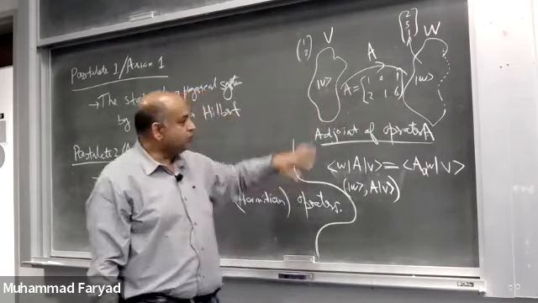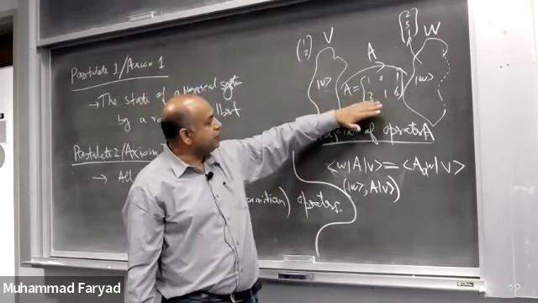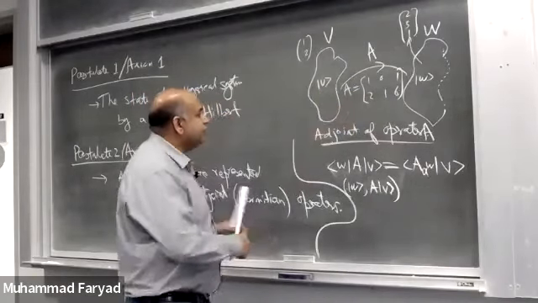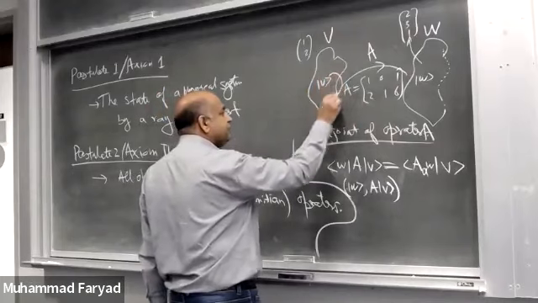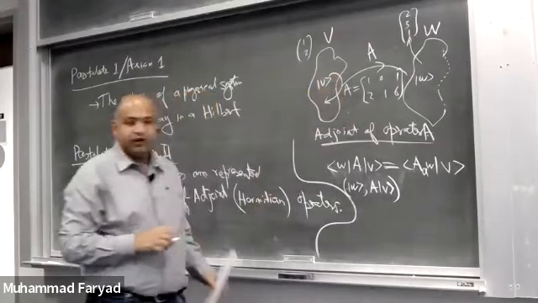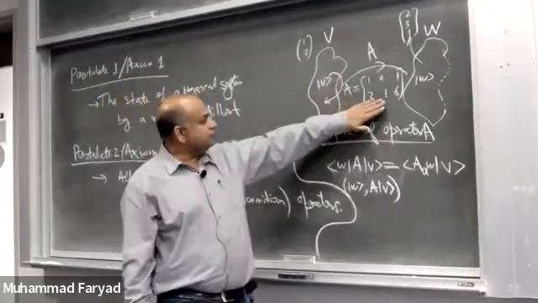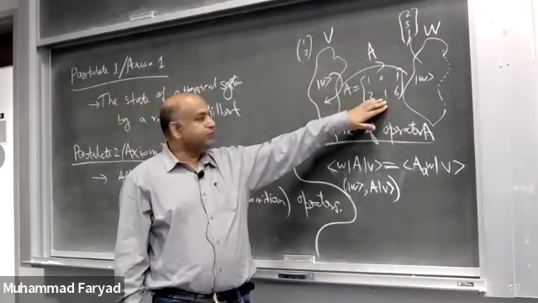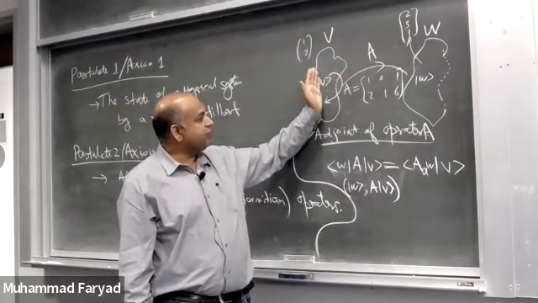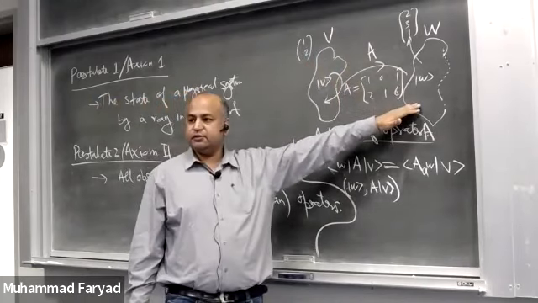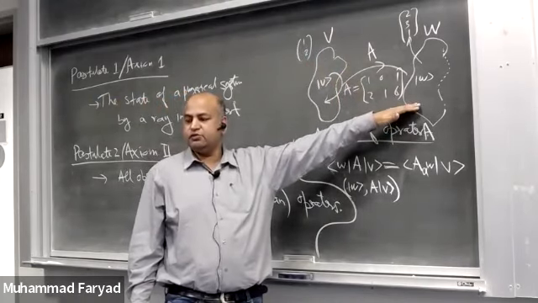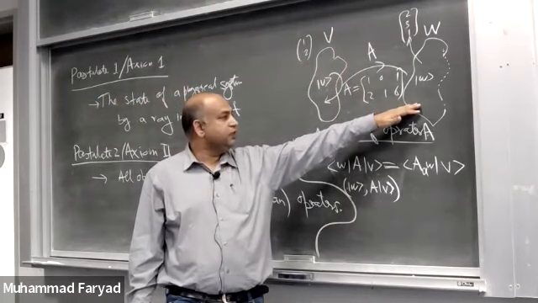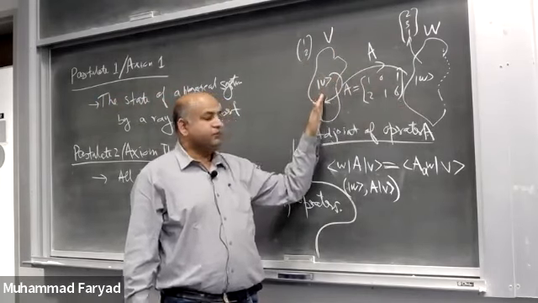Okay, so the point is the operator doesn't have to be something that takes a vector from one vector space and brings it back to the same vector space. The vectors can be non-square, the operators can be non-square, and they can take a vector from one vector space and take it to the other vector space. In general, there's no restriction that they have to be in the same vector space.